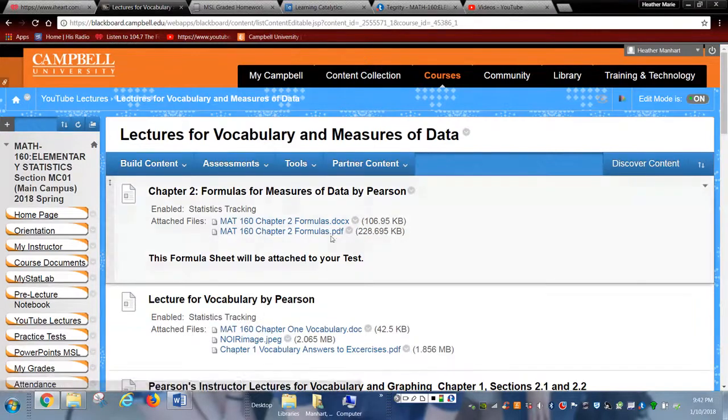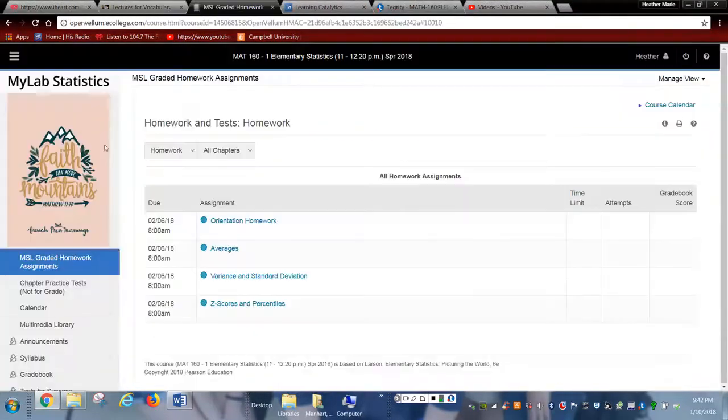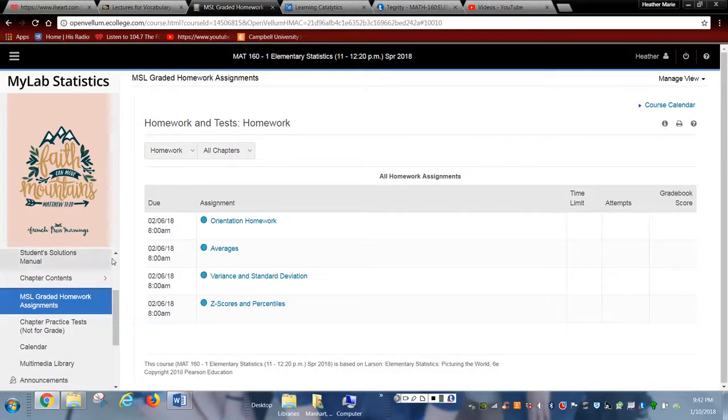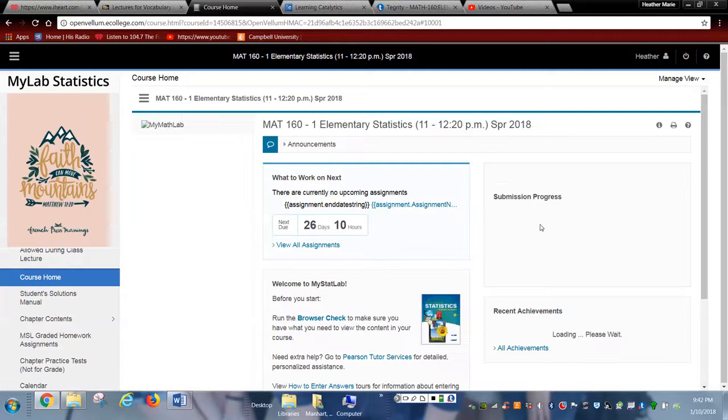I give you formula sheets as hard documents. I actually print these off and bring formula sheets to class, which is one thing I forgot to mention. As long as people are being very honest in the classroom when you take a pop quiz with me, learning catalytics, as long as people